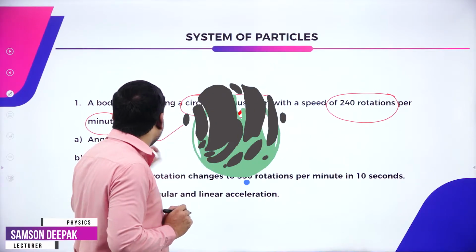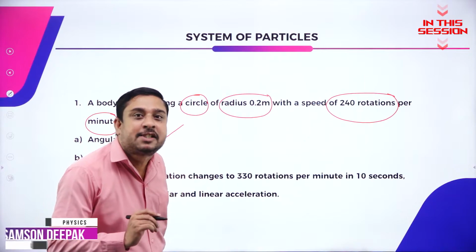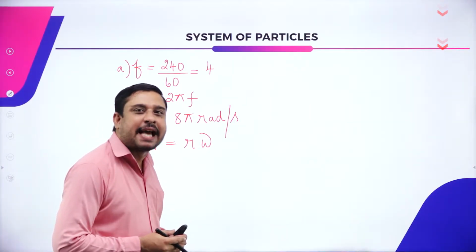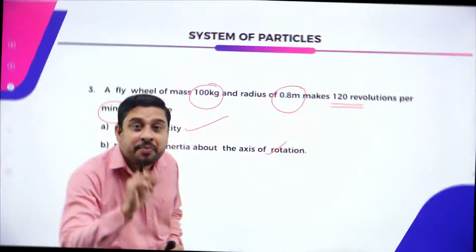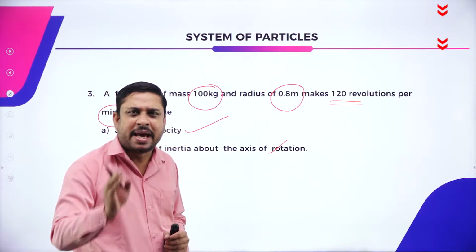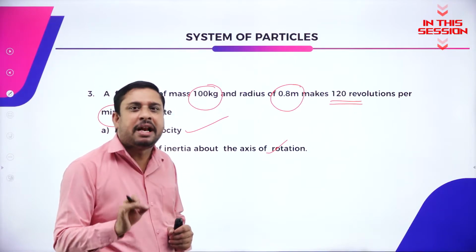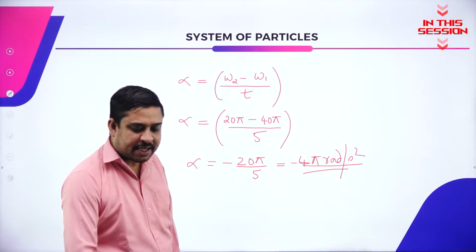So first, I have to calculate the angular speed. The linear speed is always calculated as r times omega. Formula for moment of inertia is given. It is basically sphere, circle, lamina. Angular acceleration is negative. What does that mean? It means